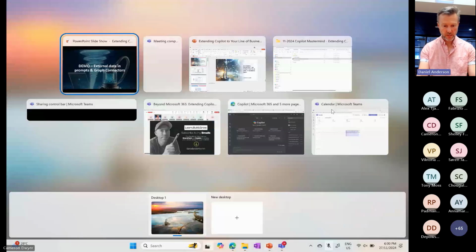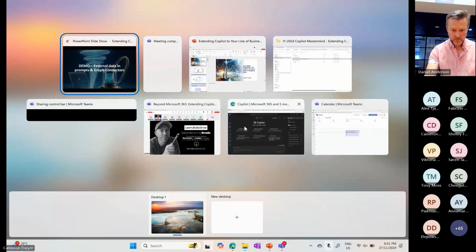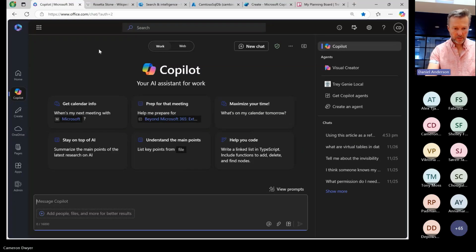All right, let's dive into our first demo. For that, jump over here into a browser. And I'm going to start right at the basics. So let's say we want to reference information that doesn't exist inside of Microsoft 365, right at the Copilot. This is what Microsoft has rebranded BizChat, Business Chat. It's a full screen chat capability with Copilot. Say we've got a file that doesn't exist inside of Microsoft 365, but I want to ask a question like, summarize this document into 5 bullet points.